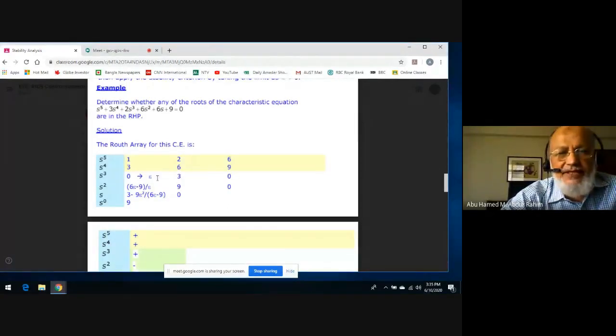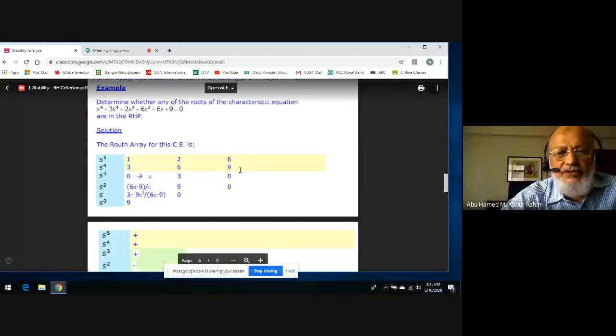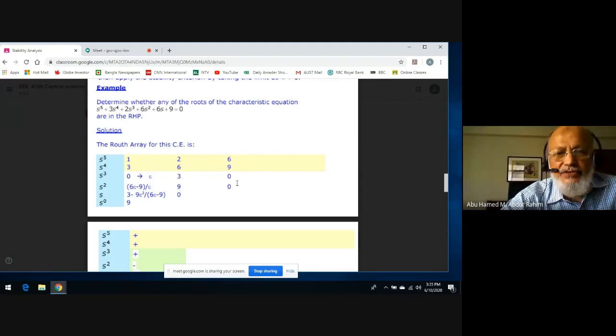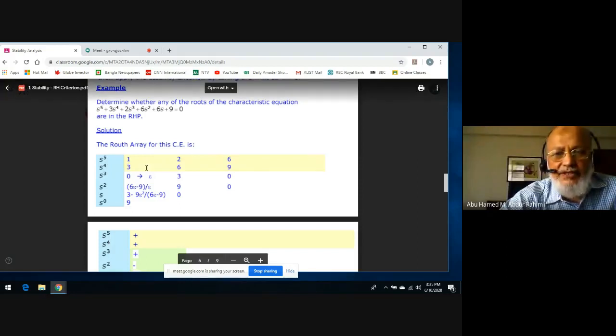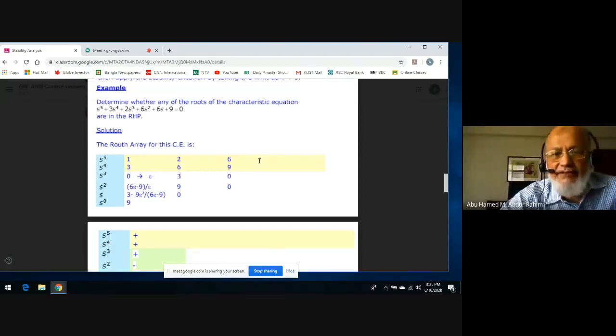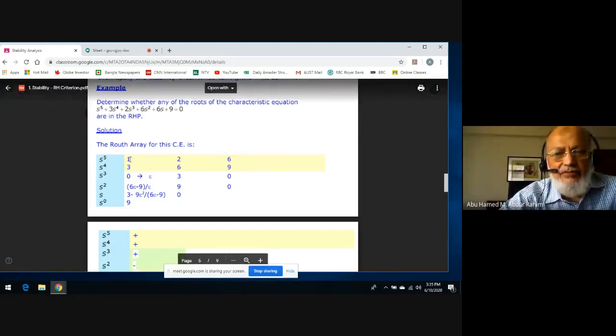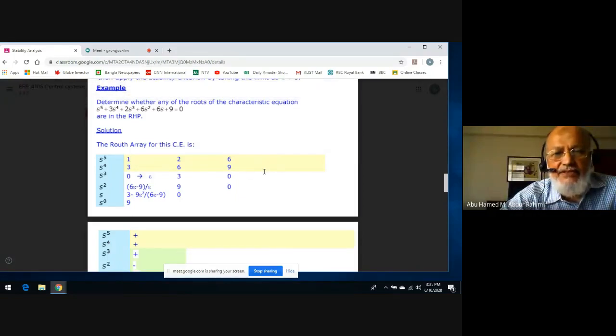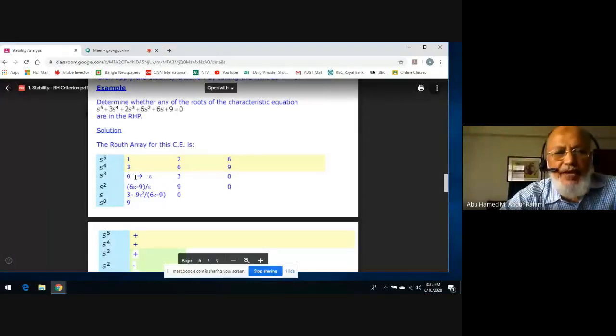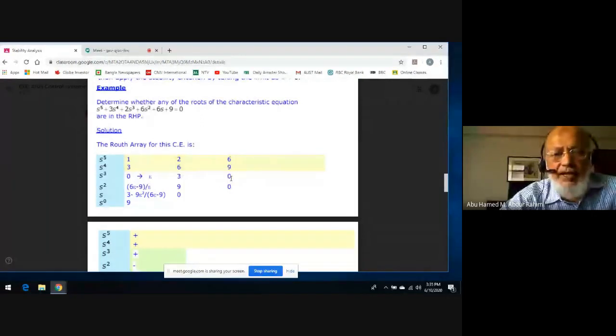And the last one after that, 3 times 0 minus 1 times 0 divided by 3. So this is 0. You can write it 0 or you may not write it. You follow how we did it: 3 times this element, which is 0, minus 1 times this element, which is 0, so it's 0 up there, divided by 3 is 0. So we make a row 0, 3, and 0.